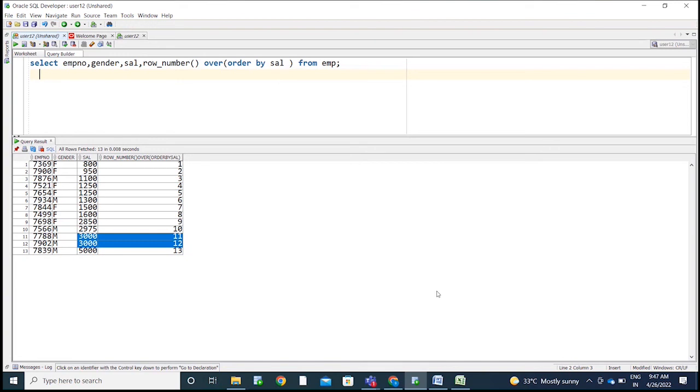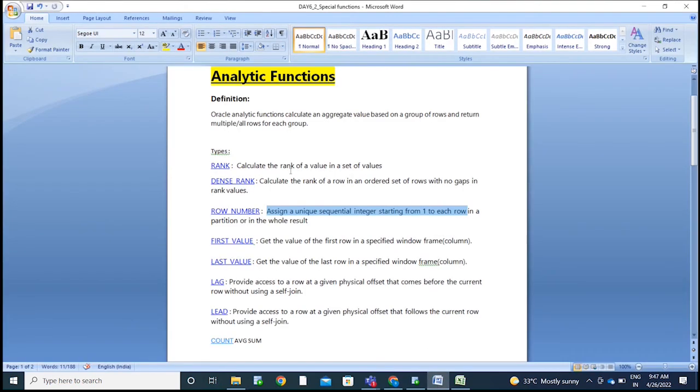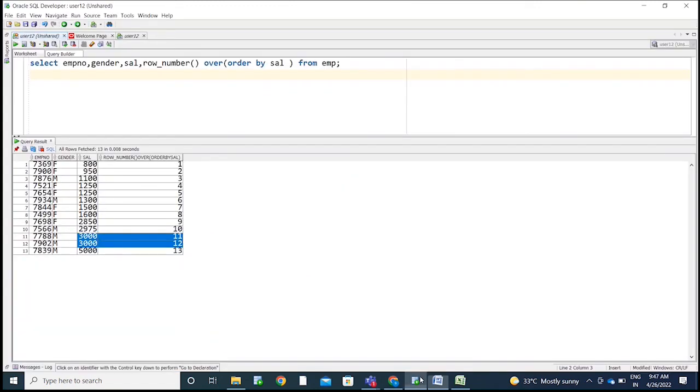Okay, so this is called rank and dense rank and this, right? We will see about the first value. First value: get the value of the first row in the specified window frame or column. So if you use the first value,